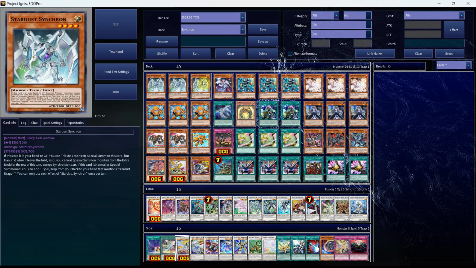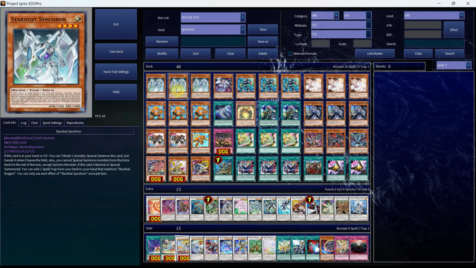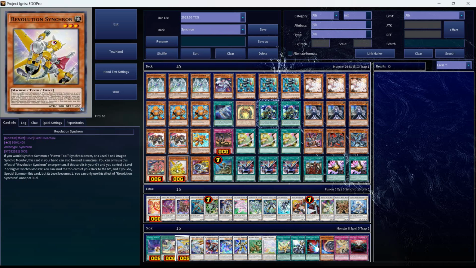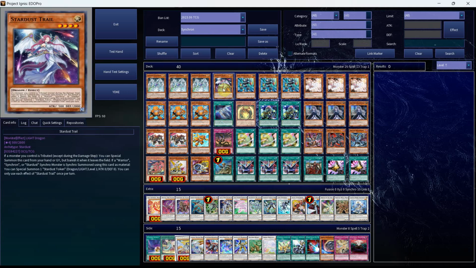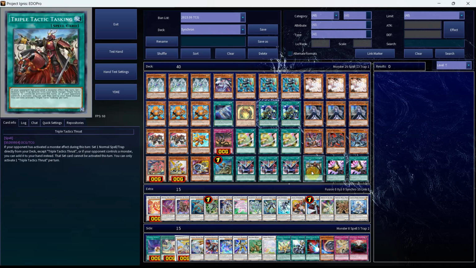Outside of that, I really don't have too much else to say about the pure build that I didn't show off in the combo, so I'll get onto the card by card before showing off the adventure version. And we have the 3 Stardust, the 3 Junk Synchron, the 2 Axel or the 2 Assault, the 1 Carrier, the 1 Wheel, the Revolution Synchron, Jet Synchron, Rhoda, Idol, Illumination, the Stardust Trail, Junk Converters, the 100 Apple, the 2 Small World, the 3 Tuning, the 3 Ready Set, the 1 Thrust, the 2 Balance, the 3 Bystial package,